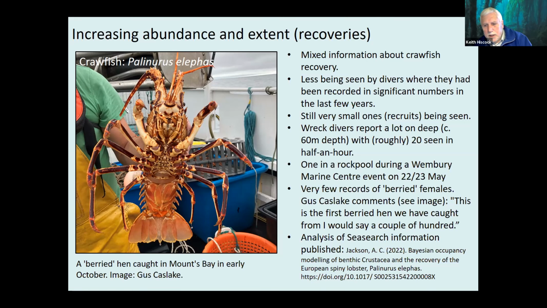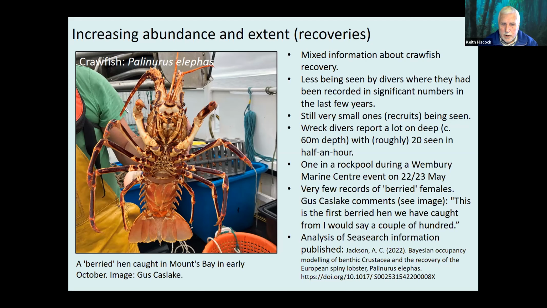Now, there are various census surveys going on. Devon and Severn Inshore Fisheries and Conservation Authority have got fishermen reporting back from the Start Point area, where there's a bylaw against taking spiny lobsters, as to how many are coming up in ordinary lobster pots. The Cornwall Inshore Fisheries and Conservation Authority have got a programme going to identify how many, and I've got a quote from one of the fishermen who takes crawfish, who has caught and photographed one buried hen in Mounts Bay